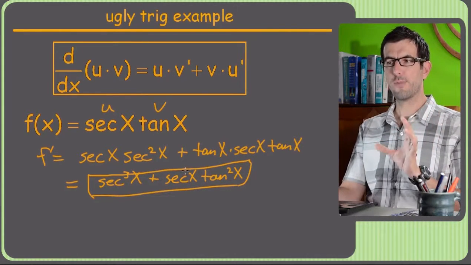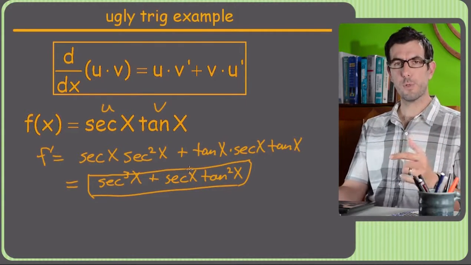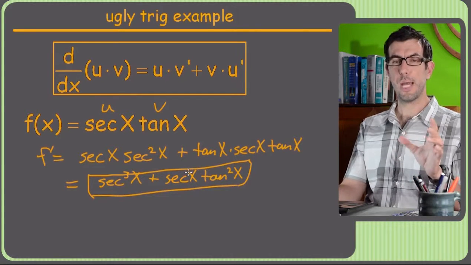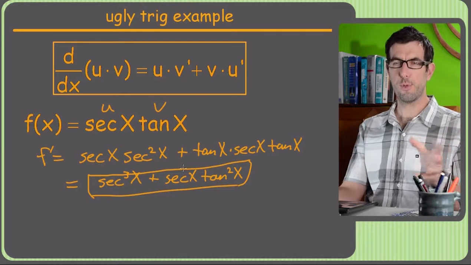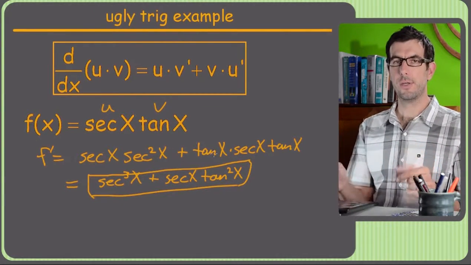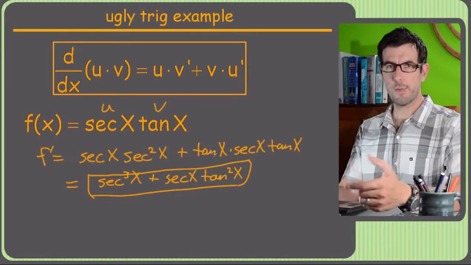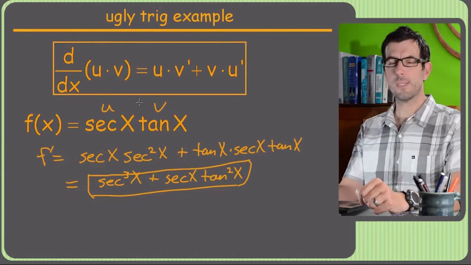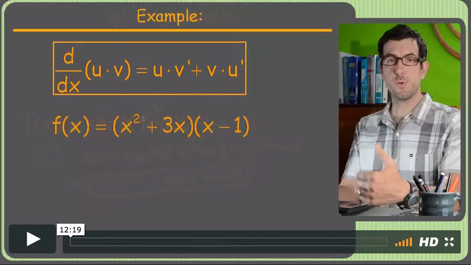So if you're at all confused by this, hold on to your hat, because when we do the product and quotient rules again after the chain rule, in a chapter called product rule and quotient rule with chain rule in parentheses, that's when they get gnarly. They get a lot longer. They get a lot nastier. So there's just an intro to the product rule, which on its own isn't bad, but when you combine it with the other rules, like the chain rule, that's when things get kind of sketchy, kind of messy. All right,